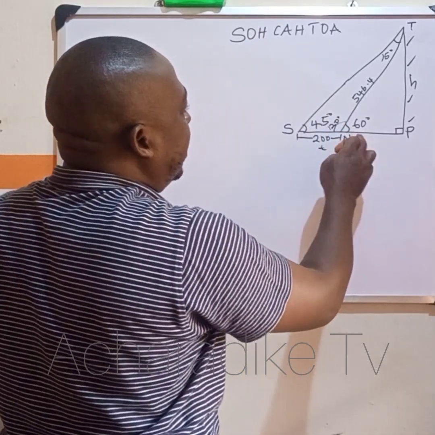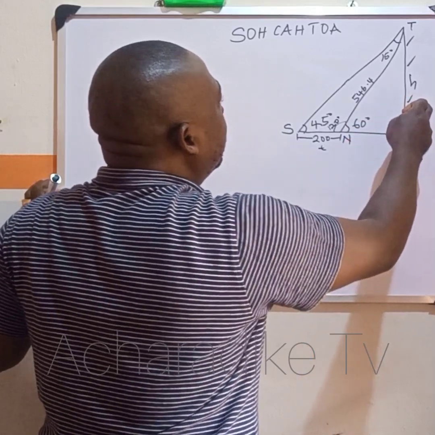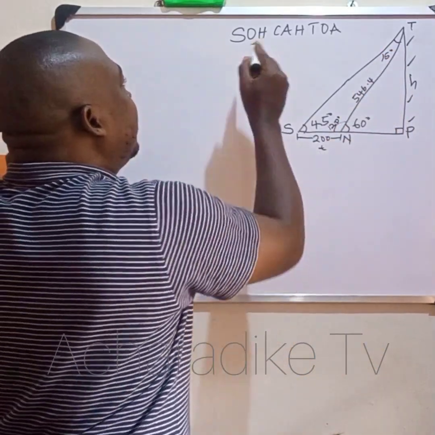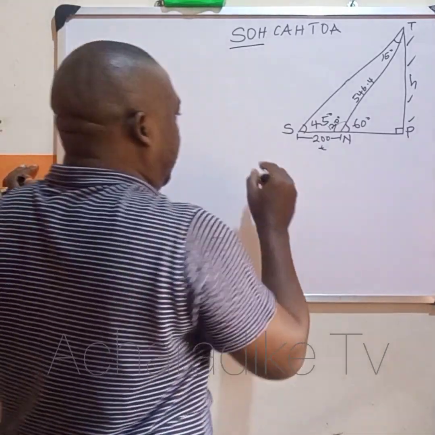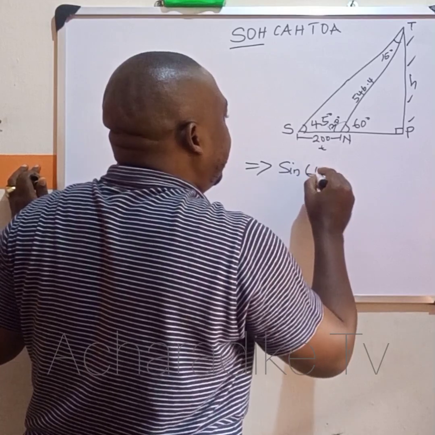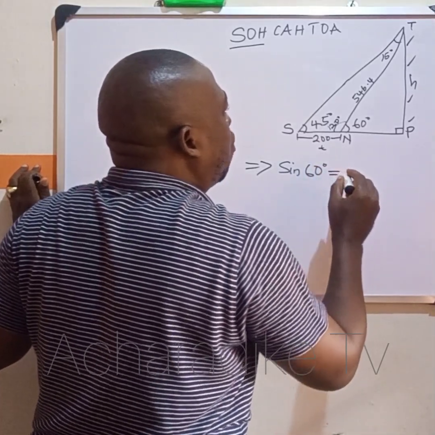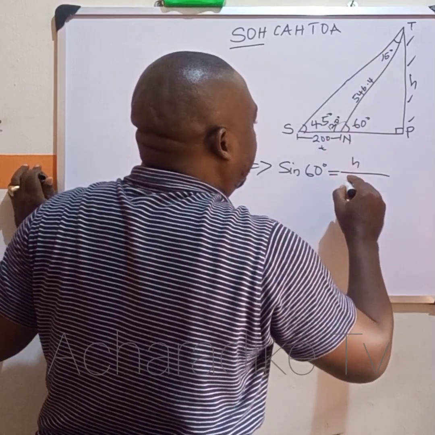Now you can see that this is the angle we know, 60, is equal to opposite over hypotenuse. So this is the easiest formula we can use. So this implies that sine 60 degrees is equal to opposite, which is h, all over hypotenuse, which is